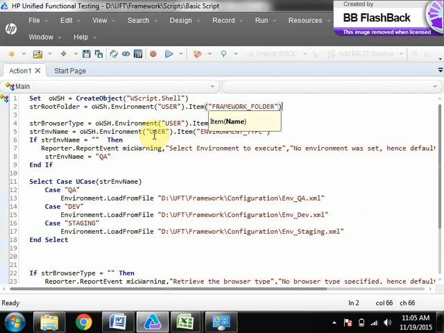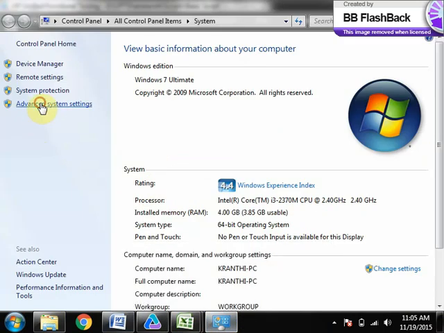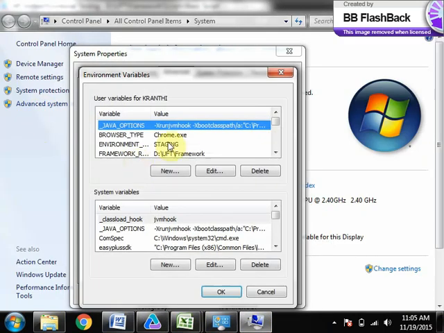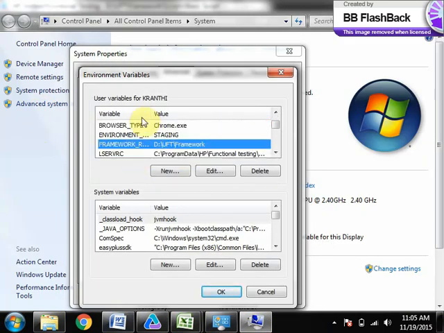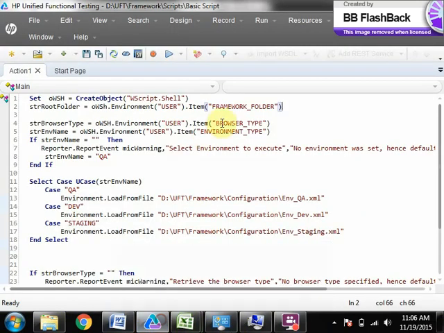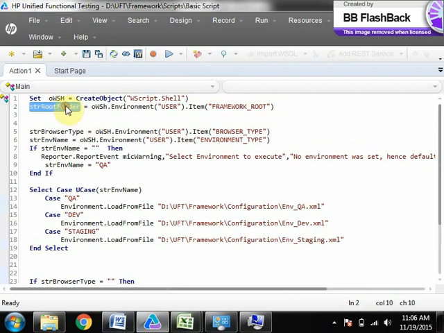Is it folder? Framework root as framework underscore root. Then generally this should be updated with value.